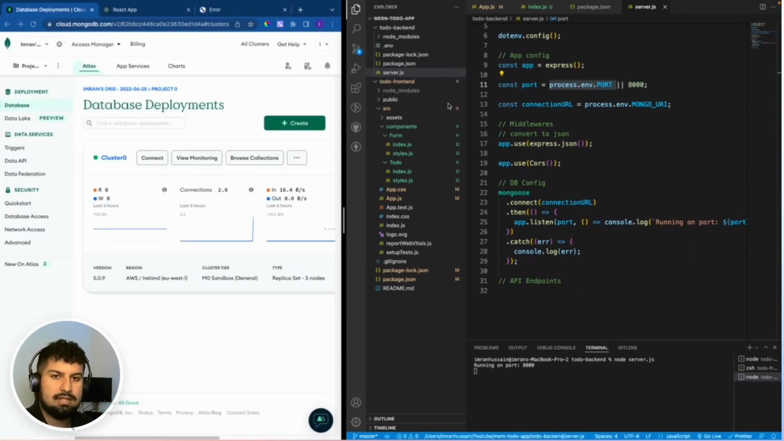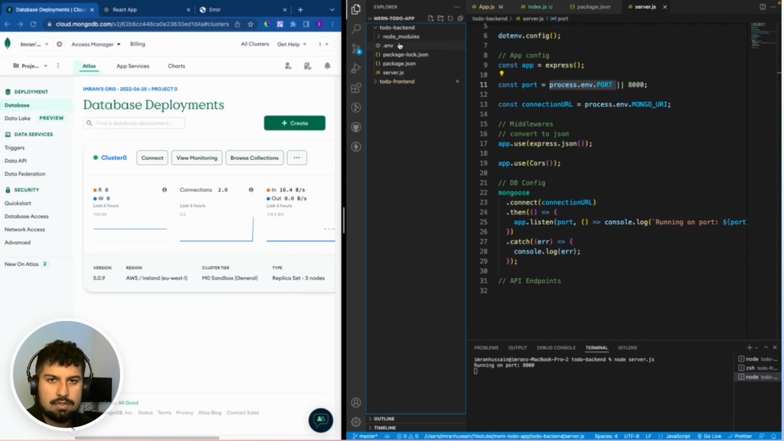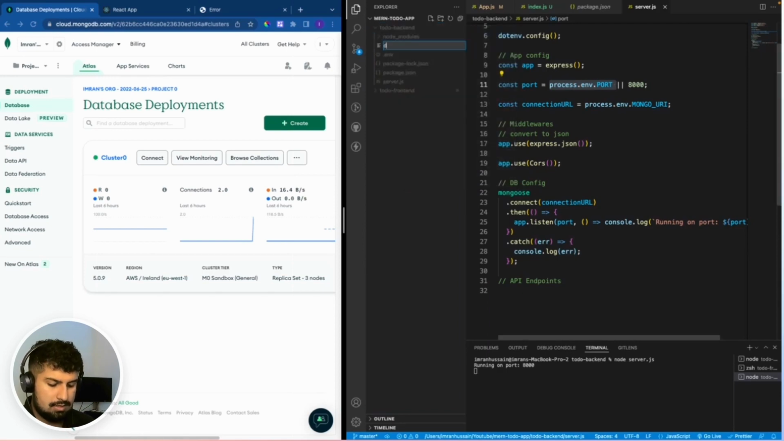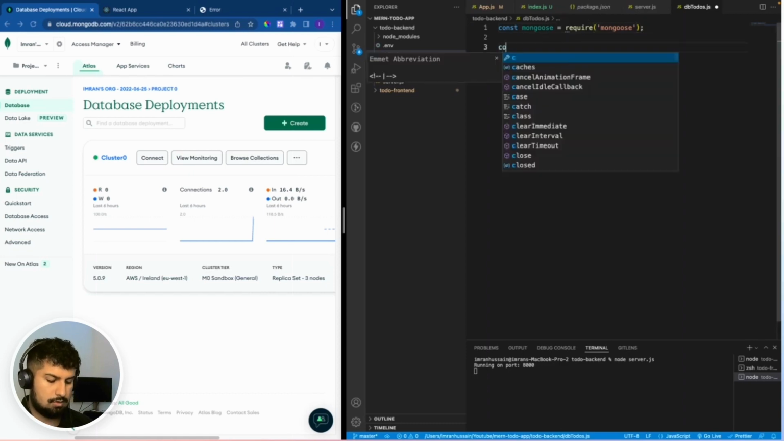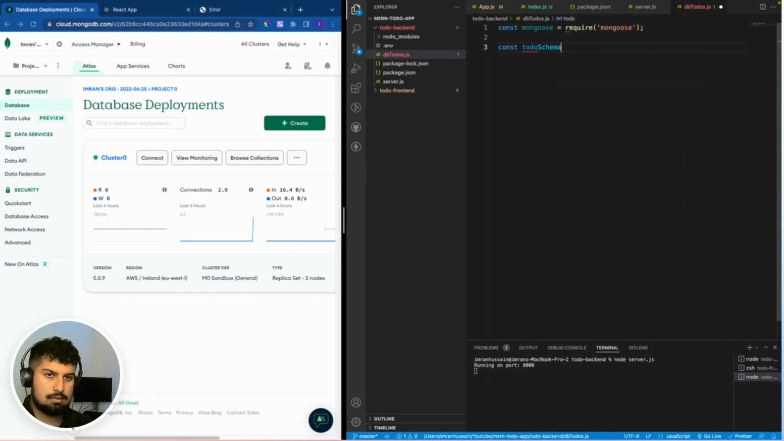So now we're going to create the schema or the structure of the back end. If I close the front end folder, in my back end, I'm going to create a new file and name it dbtodos.js. This will be the structure, or the schema as they call it, of what I'm going to pass in my to-dos. To make the connection I need Mongoose, so const mongoose is equal to require mongoose. And I'm going to create a constant of todoSchema, so const todoSchema, which is equal